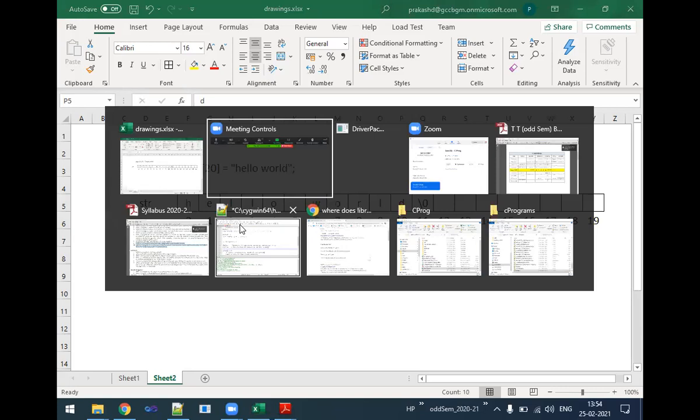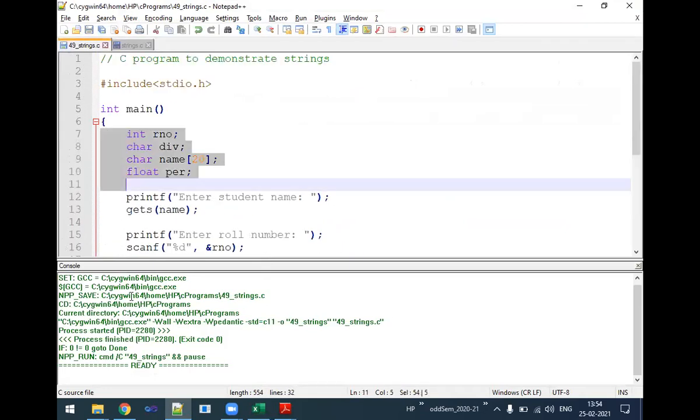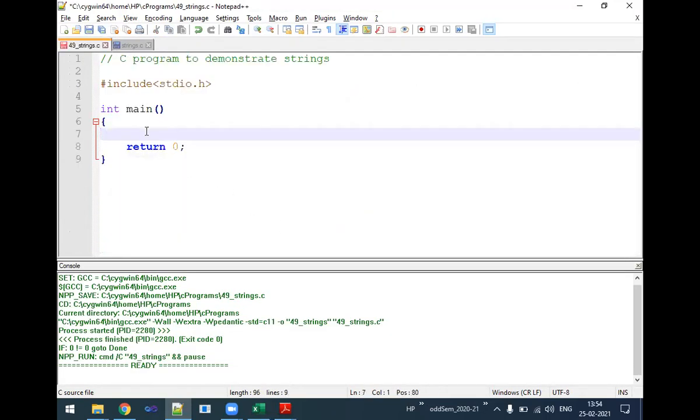Let us check it out quickly here. Go to the program. Now, strings. Let me remove all these things. Okay. Now, character. Okay, then write it as str of say 20 and initialize as hello world.